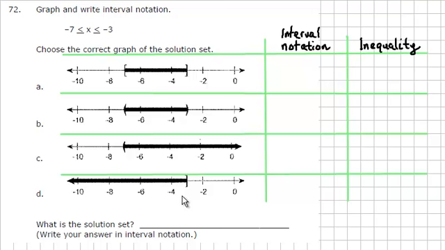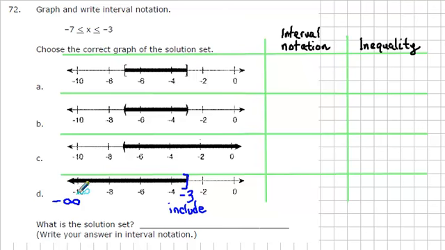to the left of -3. The bracket indicates that we want to include the -3. So a bracket means to include. So include -3. The solutions continue on indefinitely to the left, and the symbol that we'll use is minus infinity. So minus infinity is not a number, it's just a symbol to indicate that the values of x continue indefinitely